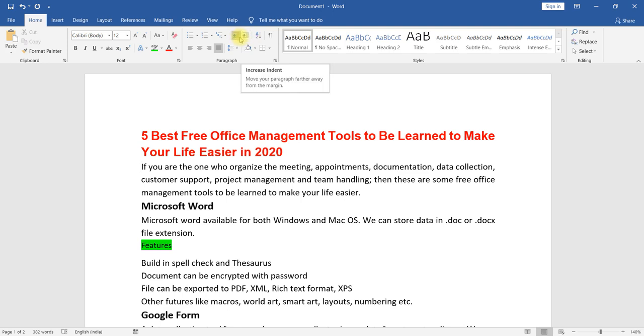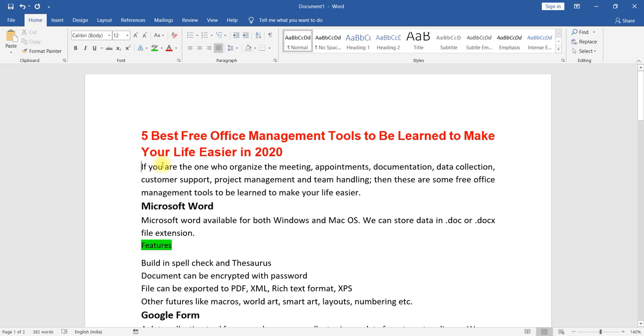Next it comes to paragraph line spacing. For example, you can observe in this particular paragraph, line spacing is there, but there is no space added after the paragraph or before that paragraph.